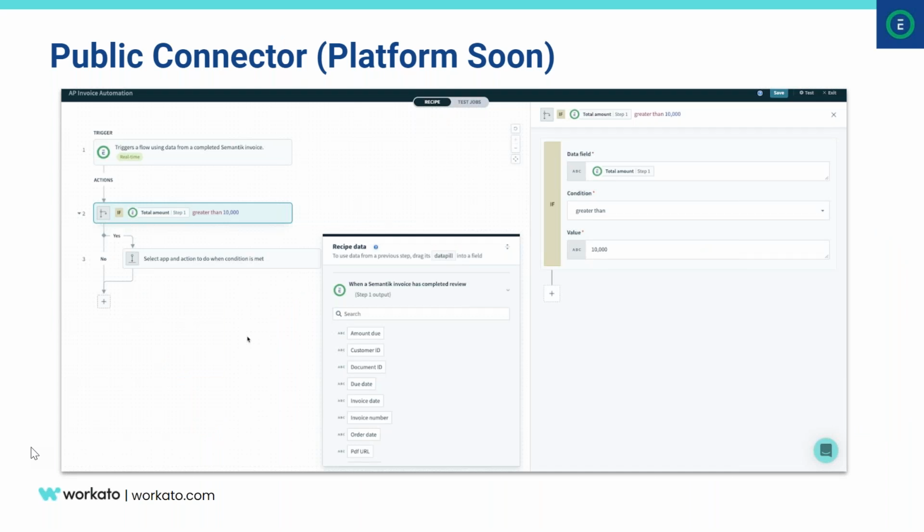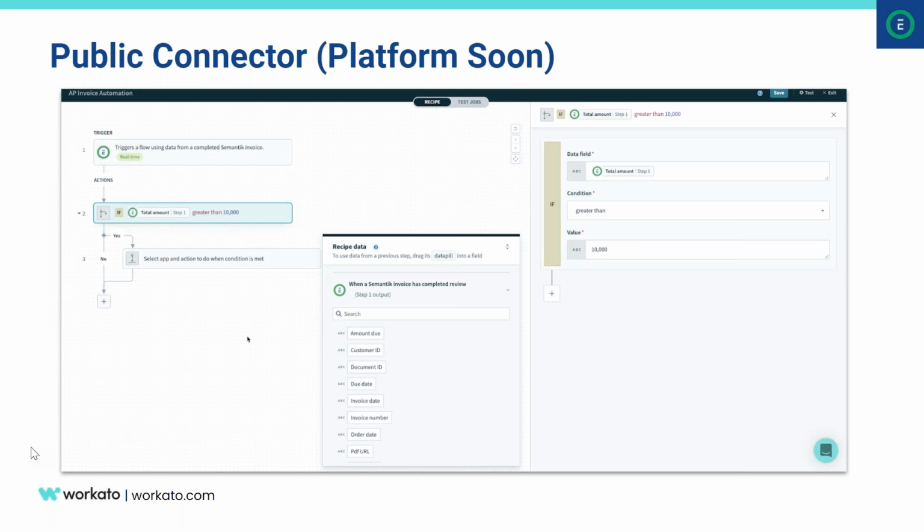So one of the things we did right out of the gate when we saw the power of Workato is we actually built a public shared connector. So if you're interested, you can talk to Tridi, talk to your teams, and we can actually share this out with you. It's actually available. And fairly soon, we've actually gone through the certification process. We'll have a platform-based connector as well that'll be available in your drop-downs.